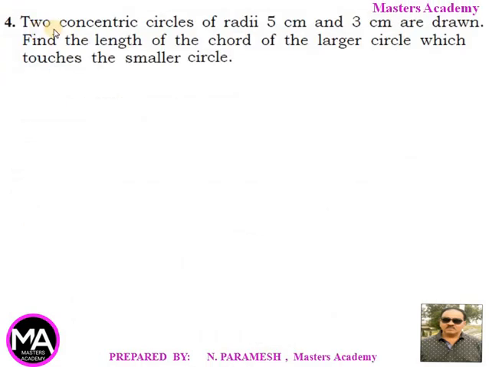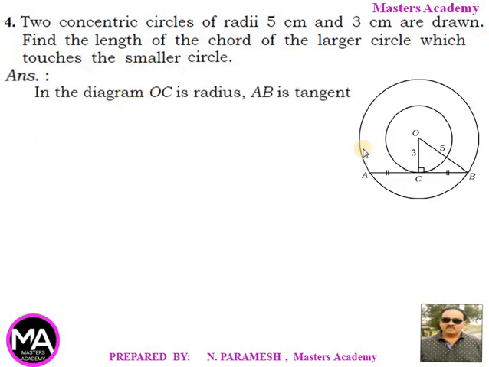Fourth question, two concentric circles of radii 5 cm and 3 cm are drawn. Find the length of the chord of the larger circle which touches the smaller circle. Answer, in the diagram, OC is the radius of the smaller circle 3 cm, AB is the tangent. In triangle OCB, angle C is 90 degree,